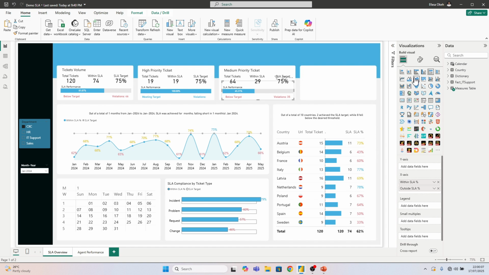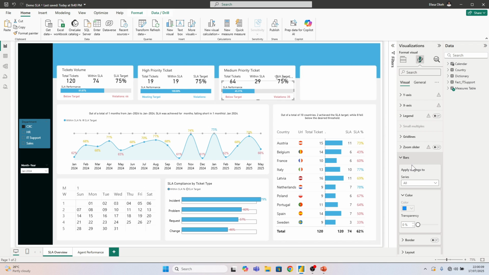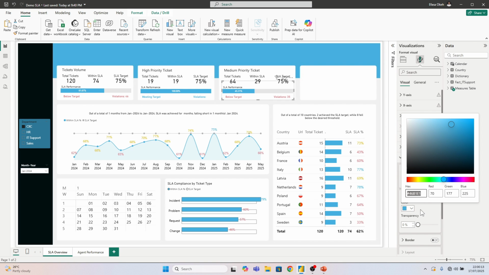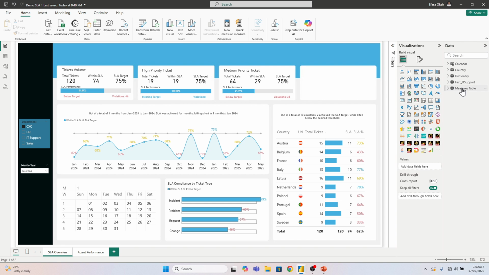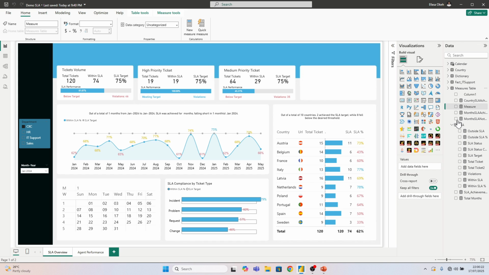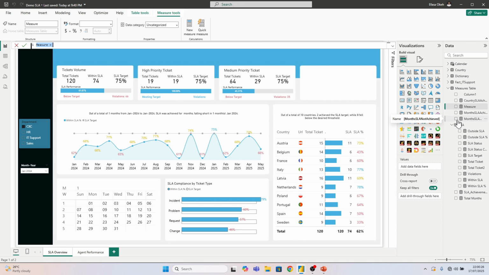So I'll just select this visual, bars within SLA, and grab this color code because we're going to need it. So this is what we want to do. Right click and create a new measure and say, if statement, we just say SLA color. This is SLA color, and we'll simply say if